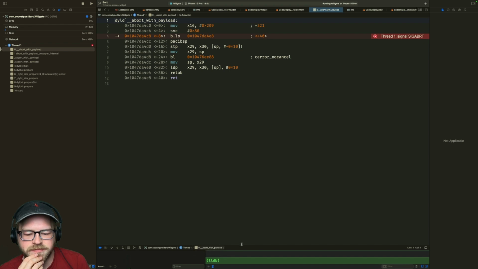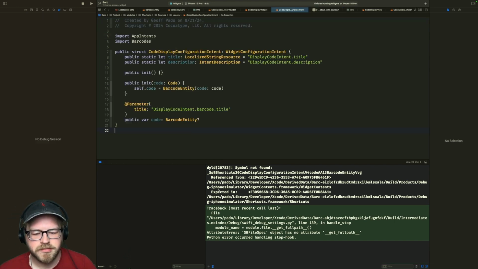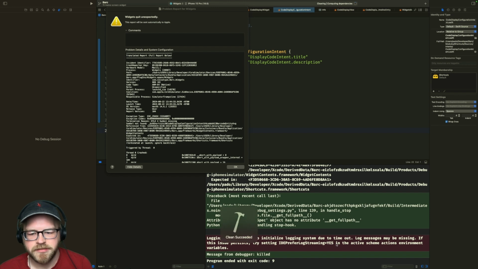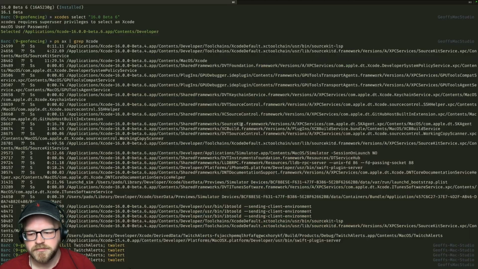Now it doesn't build at all. That's a problem. Symbol not found. Something that's not referenced from widget contents. Symbol not found. xcrun swift. No, is it just swift?